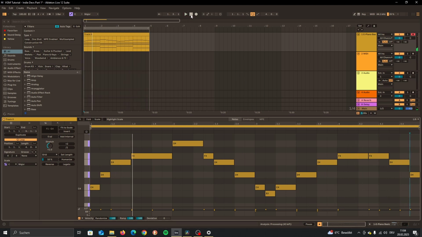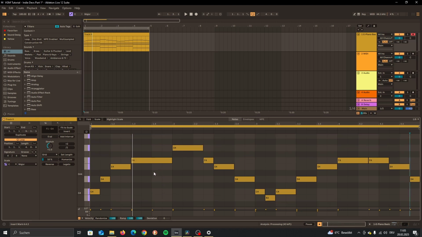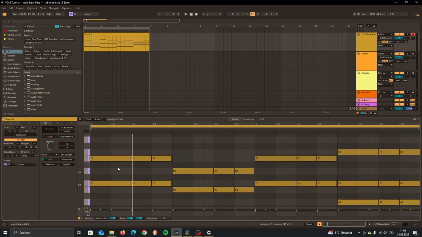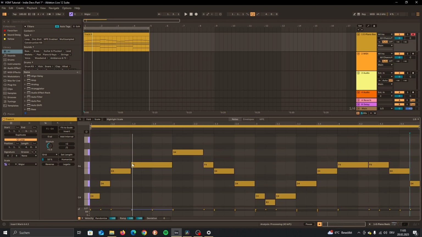Okay, I think I'm already quite satisfied with this, but remember that I said that the rhythm of this melody might change. Because once you've chosen some notes, you might see that the melody somewhat clashes with the chords down at the bottom. So you want to